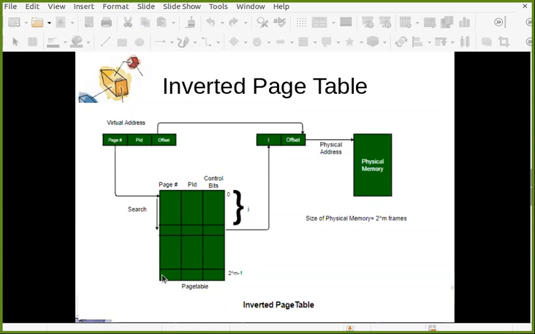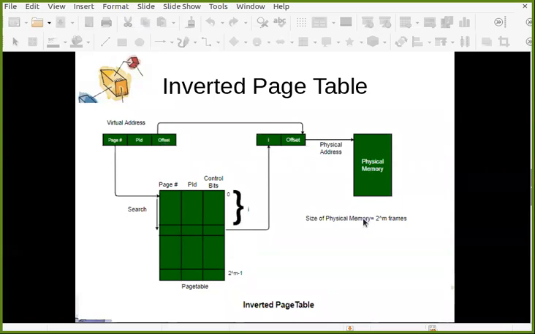Though these are the frames from 0 to 2 raised to m minus 1, you cannot have any index. You just need to check the whole table and see, is there any page number from this process loaded in any of these frames? If yes, what is the frame number? Let's say i.